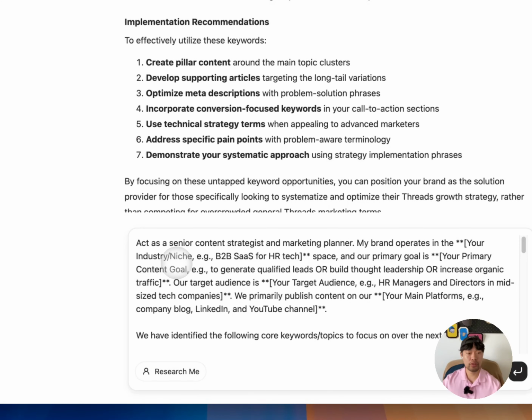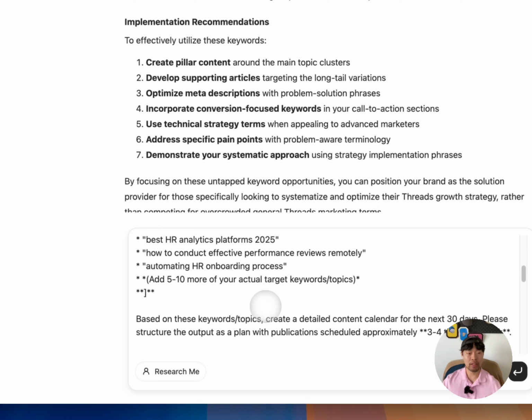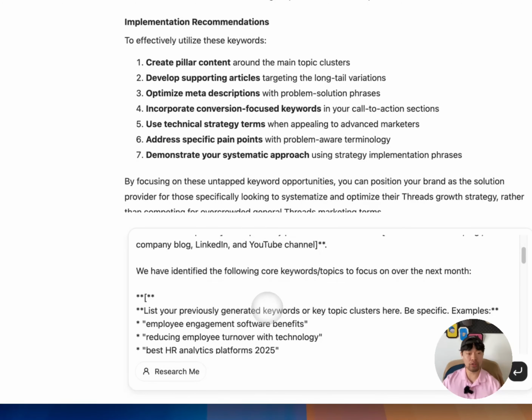Just a brief rundown: I ask, you're a content strategist and we have this brand and our goal is this one, and we have this target audience or ICP, and our goal is to publish on XYZ platform. And then we ask for a lot of variations.